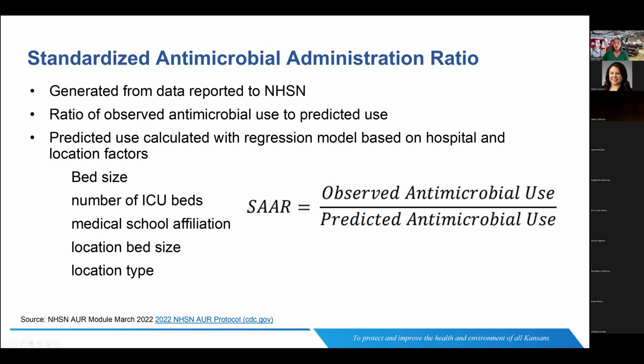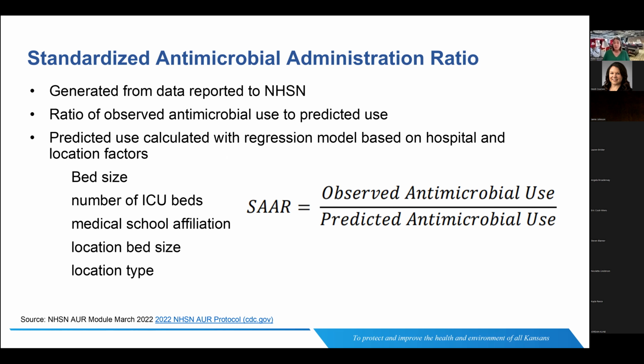I think that this is NHSN reporting. It can be kind of tricky, and we'll talk about some of the technical requirements in just a second. But there's a massive amount of data and it's extremely powerful. What I want to reinforce with everybody is that this is a great way to benchmark your utilization in your facility, either at a facility level or individual unit level, by total antimicrobial use and individual antimicrobial use. You can get all of that information and compare yourself against other hospitals.